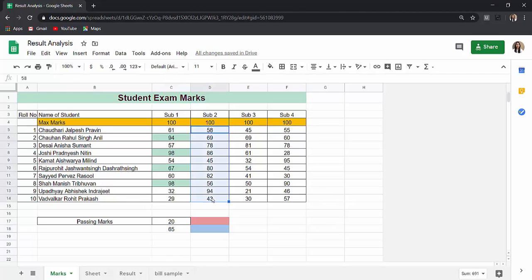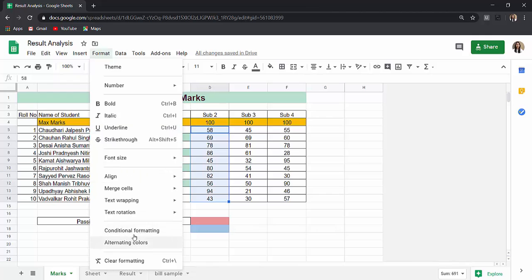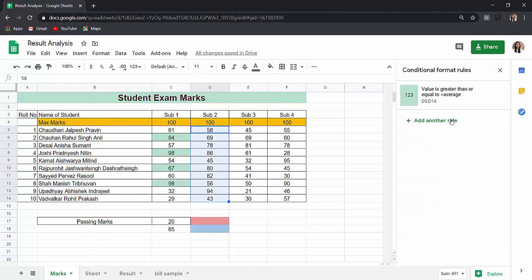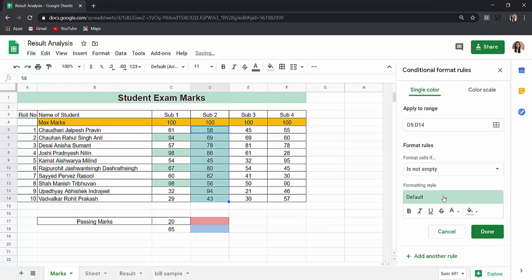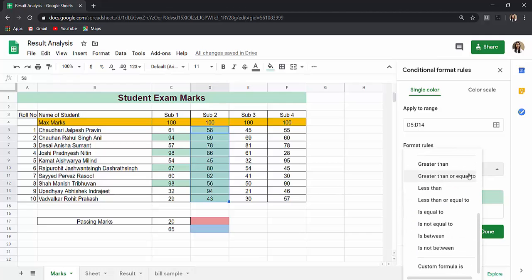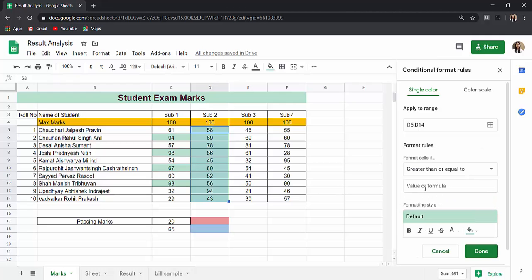So for that, first of all, we will select this range of subject 2, and now I want to highlight all the marks above the average, and so I will go into conditional formatting, add another rule, and I will say greater than equal to, and here I will apply the formula.